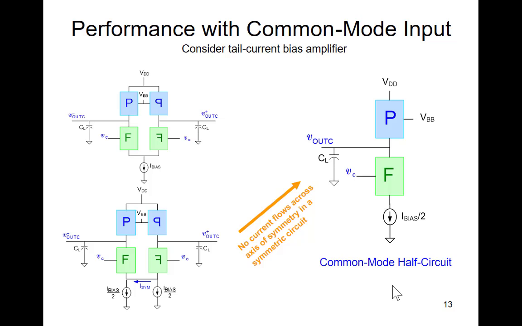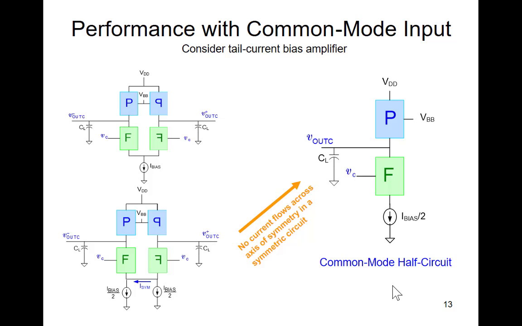So let me consider the tail current bias amplifier with common mode inputs. And if the network is symmetric, I can break this tail current bias into 2 biases, each of value I bias over 2. And if I look at this resulting network, it's still symmetric along this axis of symmetry. If it's completely symmetric, I know that I symmetric is equal to 0. And if I symmetric is equal to 0, then I can consider half of the network, and this is called the common mode half circuit,